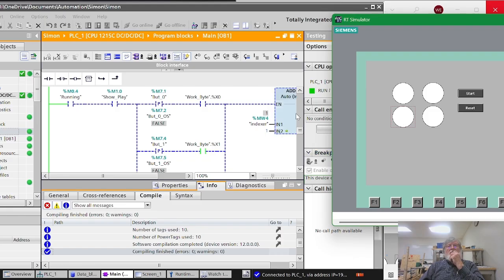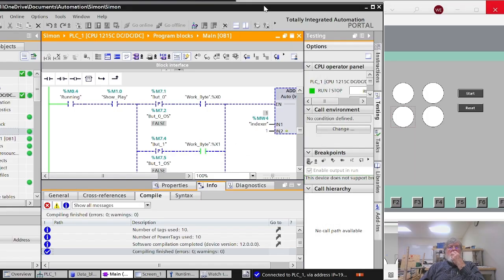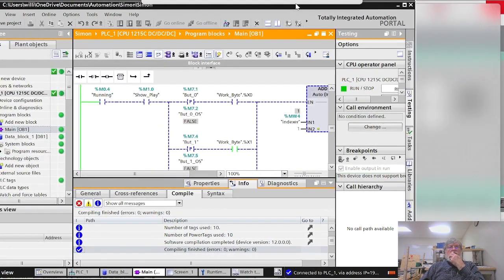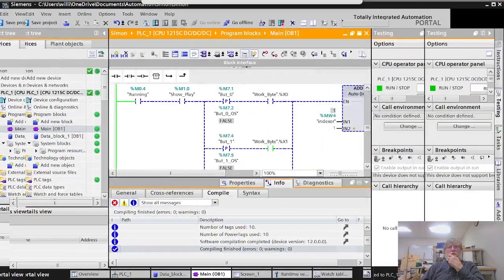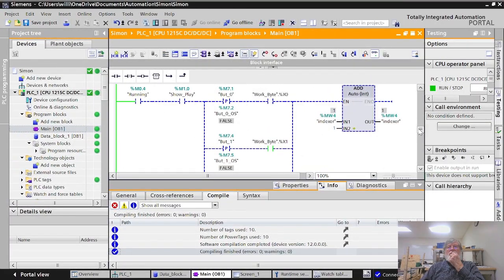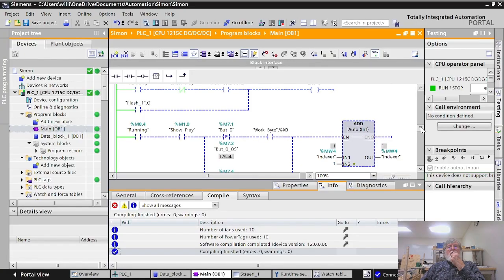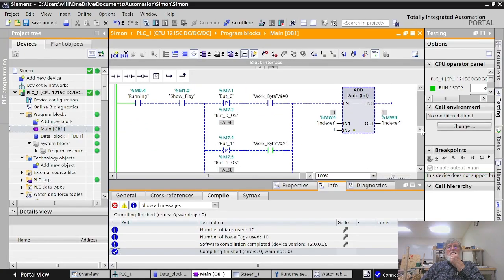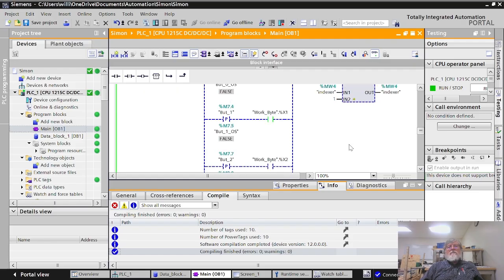Okay, there's something wrong in the indexing. So it's something having to do with indexing. Now the indexing works when it's in the show mode, it looks like, but when it's in the play mode, there's something that's going wrong. So it's in the play mode. Okay, show play. So looking down here at the